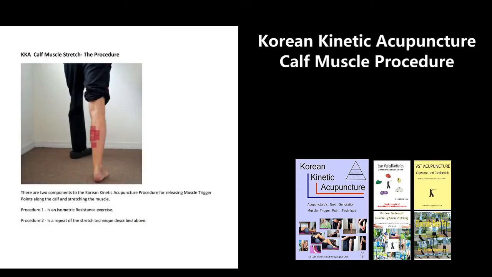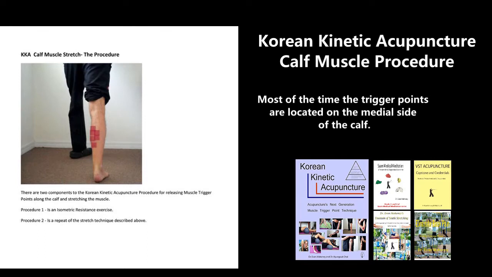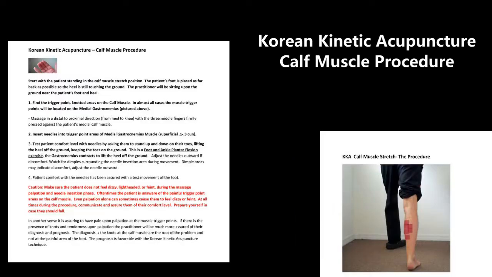Now here is the clinical picture that we're dealing with, the Korean kinetic acupuncture calf muscle stretch procedure. There are two components to the Korean kinetic acupuncture procedure for releasing muscle trigger points along the calf and stretching the muscle. Procedure 1 is an isometric resistance exercise, and procedure 2 is a repeat of the stretch shown and described just before and above. So the calf muscle procedure: start